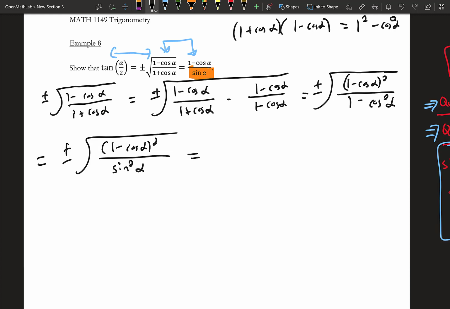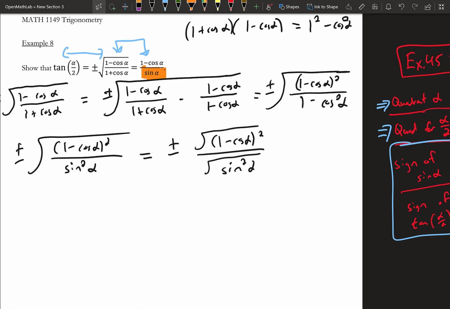So what I could do is use properties of radicals to keep the plus or minus and then split up the fraction. So this would be the square root of 1 minus cosine alpha quantity squared divided by the square root of sine squared alpha. And what I have to be careful with here is that